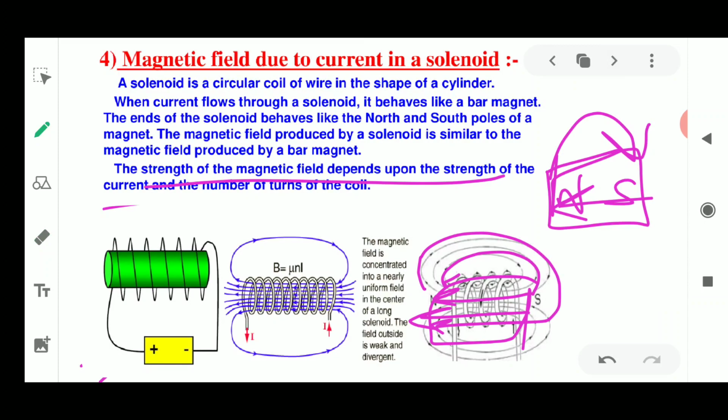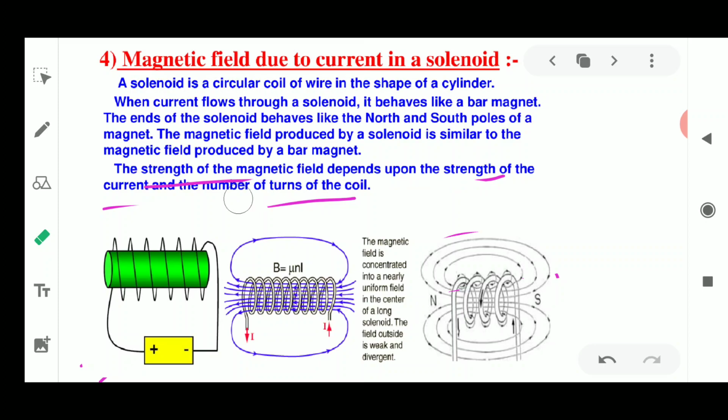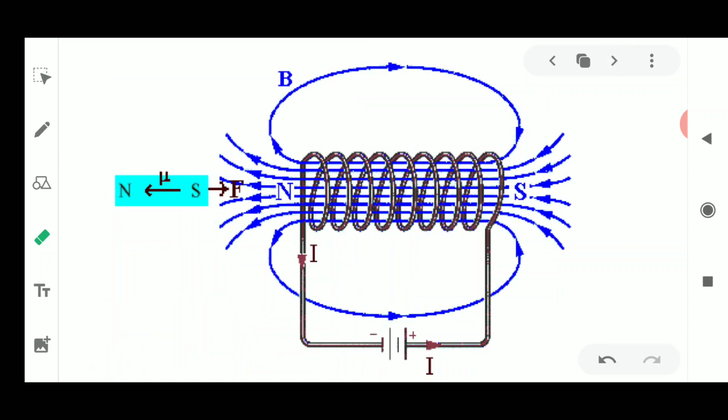The strength of the magnet depends upon the strength of the current flowing through it. The more current flowing, the more powerful the magnetic field will be. If less current flows, then the magnetic field will be weaker. And if there are fewer turns, only a small amount of current could flow through it. If there are more turns, it is going to produce a strong magnetic field as more and more current is exposed between these circles. This is how a solenoid generates a magnetic field, and this has a very practical application in the preparation of an electromagnet.